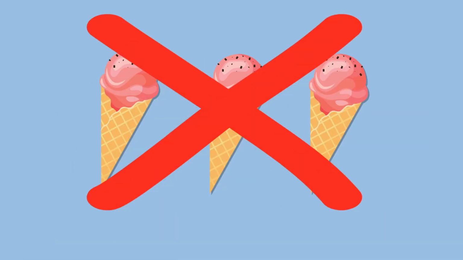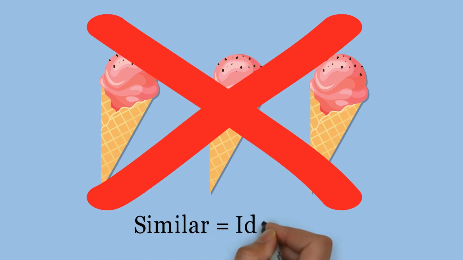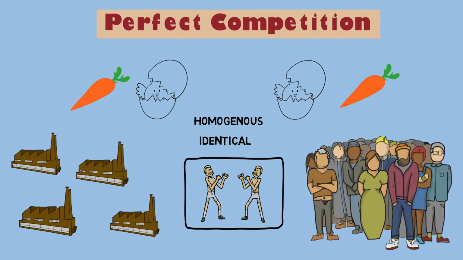So, does this mean that three sellers selling ice cream are also a part of perfect competition? Nope. This is because ice cream can be similar but might differ in taste, size and shape. Remember, similar is not equal to identical. So, a perfect competition is a situation when there are huge number of sellers trying to compete with each other to serve a huge number of buyers by selling homogeneous or identical products. Except for huge number of buyers and sellers and identical products, there are other features of perfect competition as well.